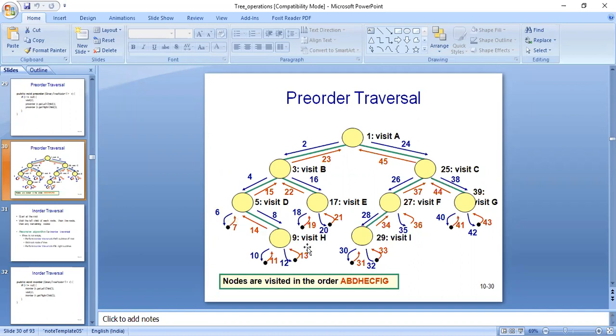Under pre-order traversal, the result will be A, B, D, H, E, C, F, I, G. You can check this order over here. This is the result of pre-order traversal.